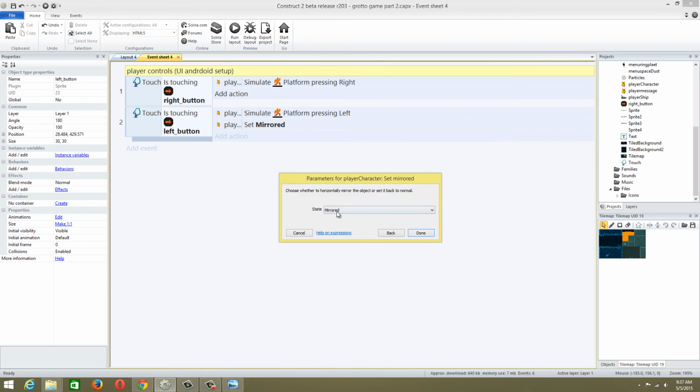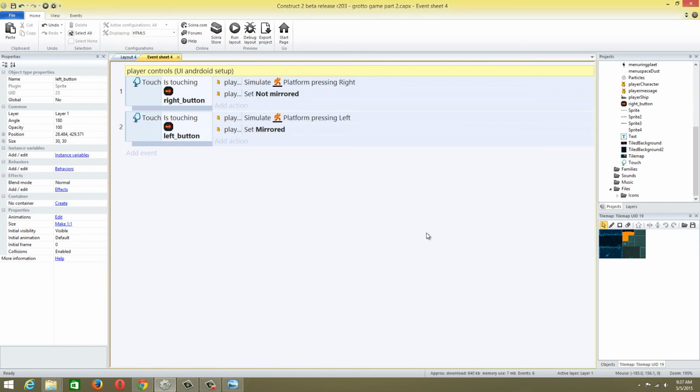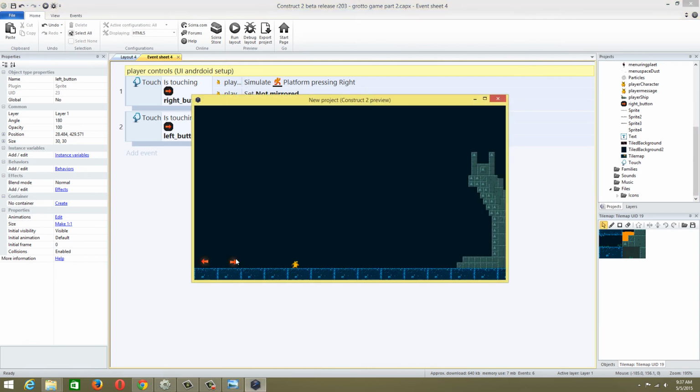Set mirrored, and on this one we're going to say not mirrored on the top one. So let's see if that works. If it doesn't, we'll just rotate those things around. Nope, it works. So we now have our left and right, and now all we need is a jump button,